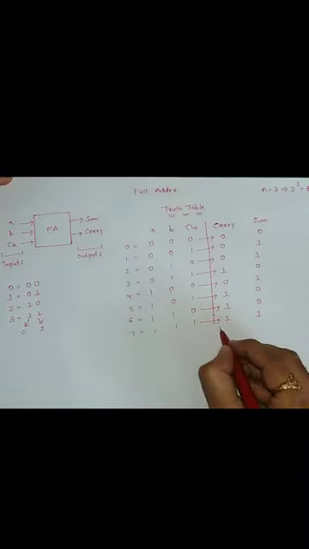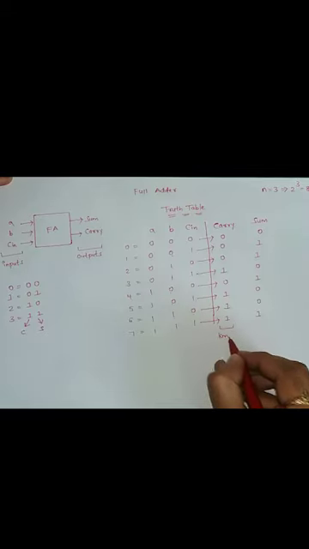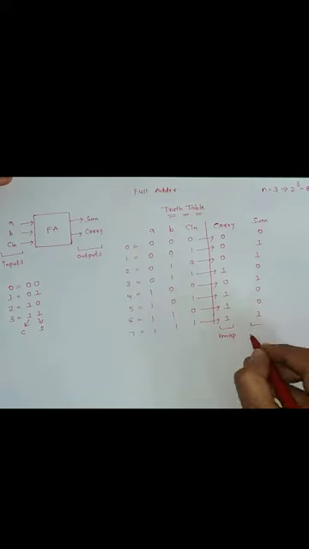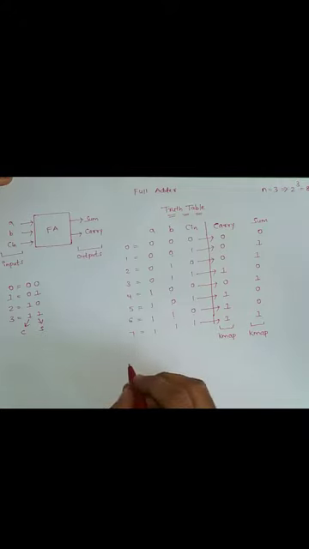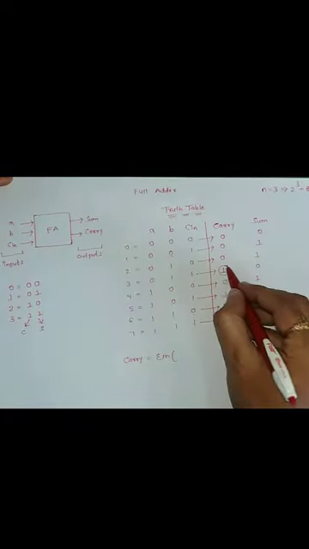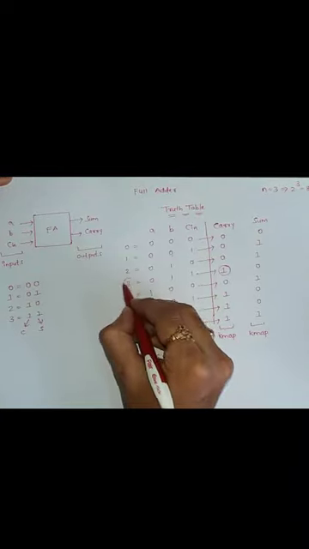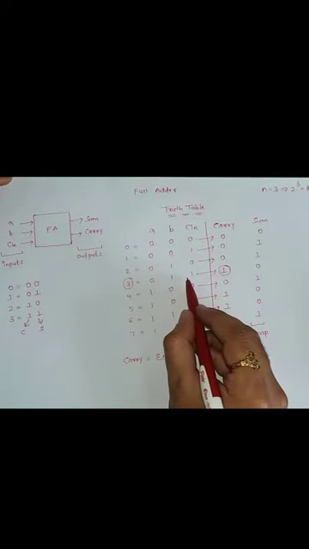Next, once after done with the truth table, we need to do the K-map. As 2 outputs are there, which are carry and sum, we have to do 2 K-maps. One K-map is for carry, the next one will be for sum. First we need to write minterms. So sum of minterms for carry. Minterms are nothing but the positions where the output is 1. So here it is 1, means the equivalent is 3, which is 0, 1, 1.